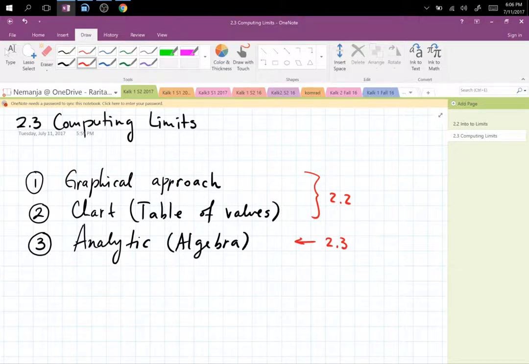First of all, any limit under the sun can be computed using first two methods. The trick is that you might not be able to graph everything because A, you might not know how to graph, or B, too complicated. And also chart, which is table of values, might be too annoying to compute. Right? You have a huge expression and then you have to punch the calculator for 20 minutes to compute one, and then you realize you have to do another 5 points, right? So